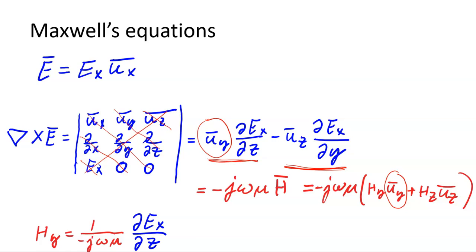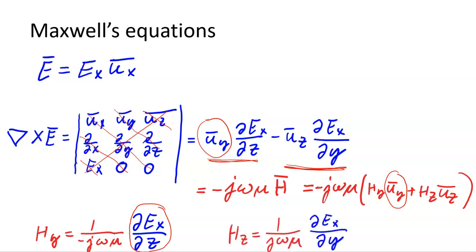So the y component of the magnetic field can be calculated from the derivative of the EX component along the Z direction, and the magnetic field in Z direction can be calculated from the derivative of the EX component to the y